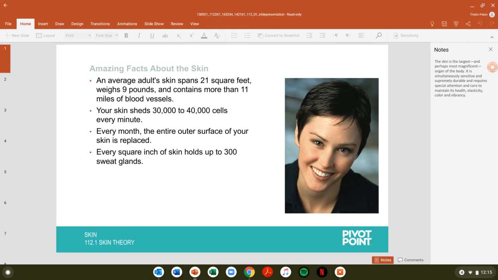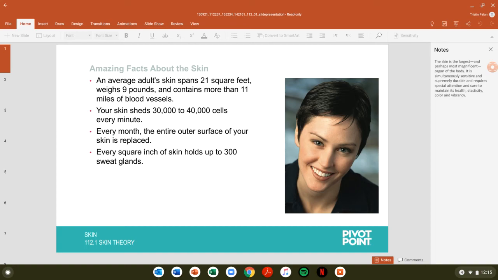So these are just some facts about skin. Skin is actually the largest organ of the body. It is both spontaneously sensitive and durable and requires special attention and care to maintain its health, elasticity, color, and vibrance. An average adult skin spans about 21 square feet, it weighs 9 pounds, and contains more than 11 miles